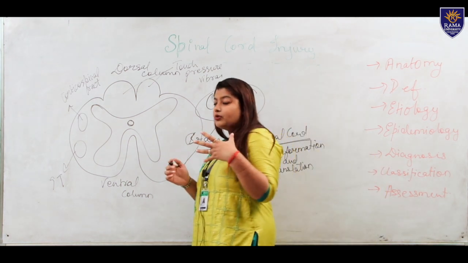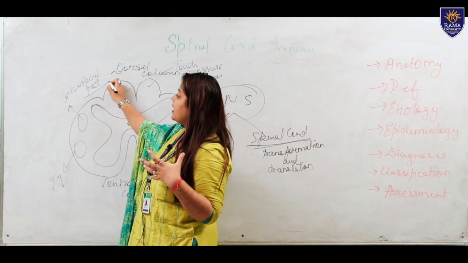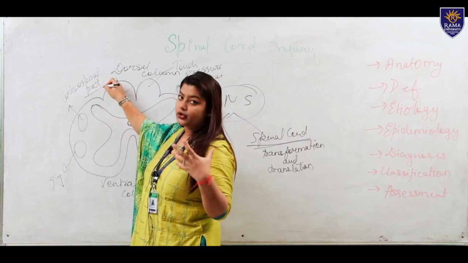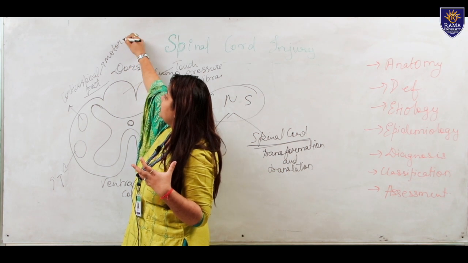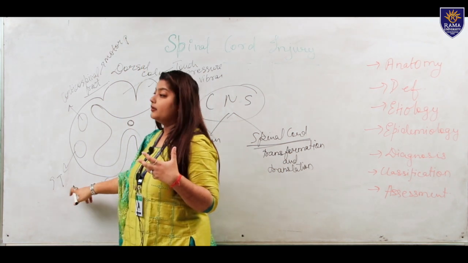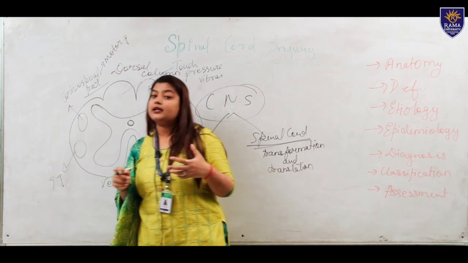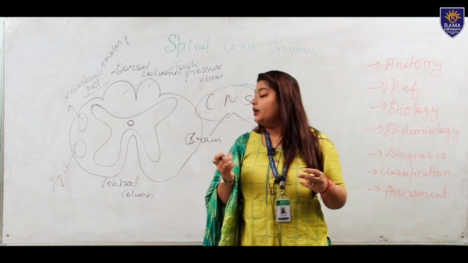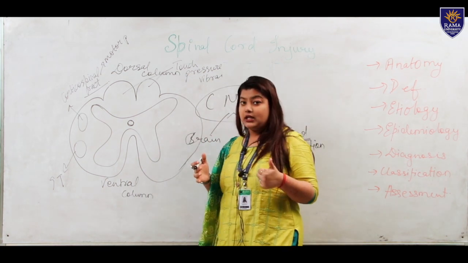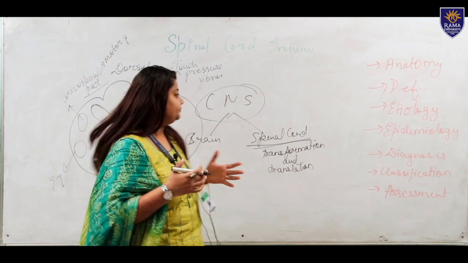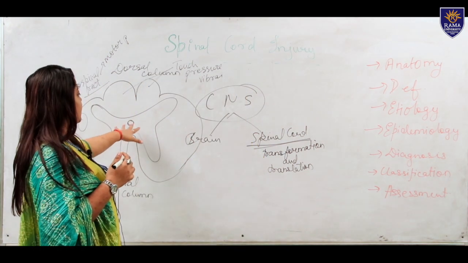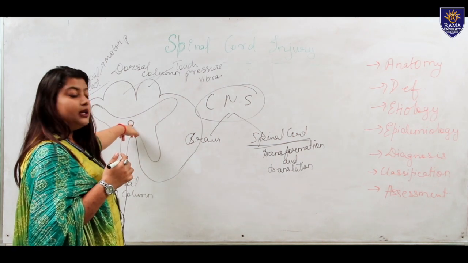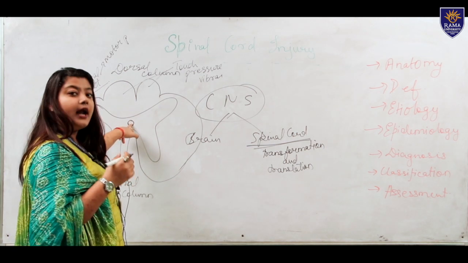We will study that the corticospinal tract is responsible for the motor pathways in our body, and similarly the spinothalamic tract is responsible for differentiation of pain and temperature in our body. So, looking at the anatomy, we can see that the spinal column is very prominent over here, and through it